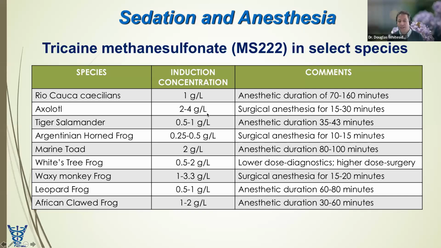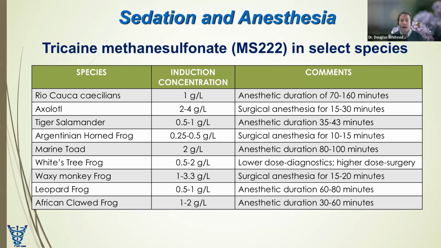If we look at some of our salamander species, you can see that tiger salamanders tend to be a little bit more sensitive to MS-222 compared to axolotls. In axolotls, 2 to 4 grams will give us surgical anesthesia for only 15 to 30 minutes, whereas in our tiger salamanders, we'll get about 35 to 43 minutes, depending on what we're doing and the concentration we're using. I tend to use the higher dose in tiger salamanders. I tend to go with that 1 gram per liter because I like that bit longer anesthetic duration